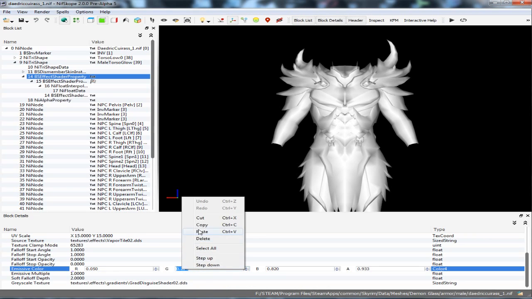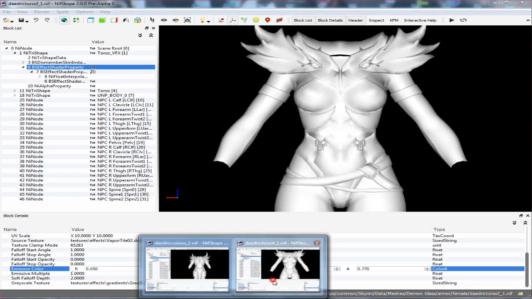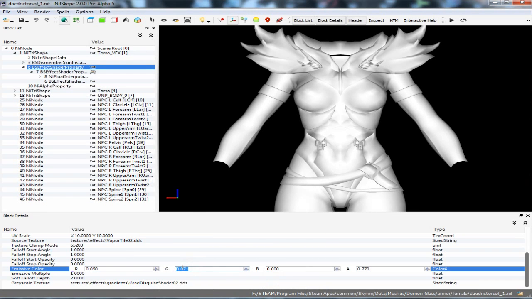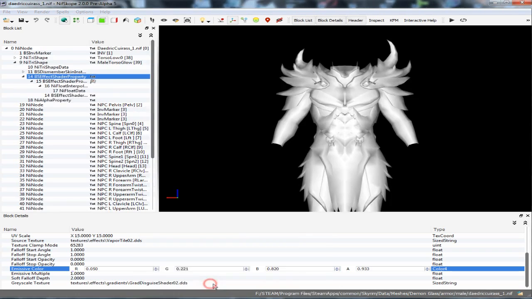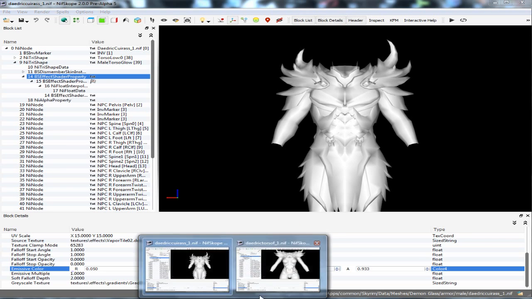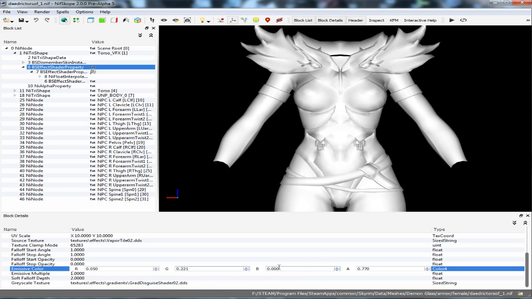copy the green, female set, same thing. And it's just copy and paste. It's no big deal. So, and I'm going to copy the blue. Although I liked the red, I kind of liked the red. It won't match with the male armor. I want it to match. So